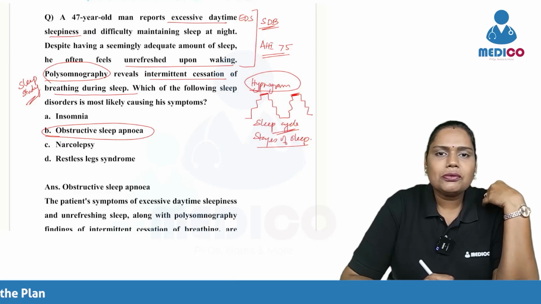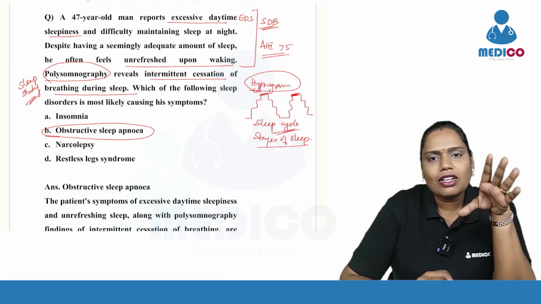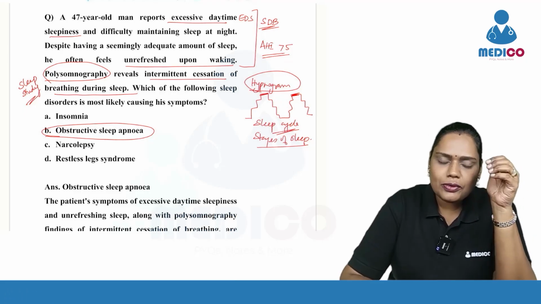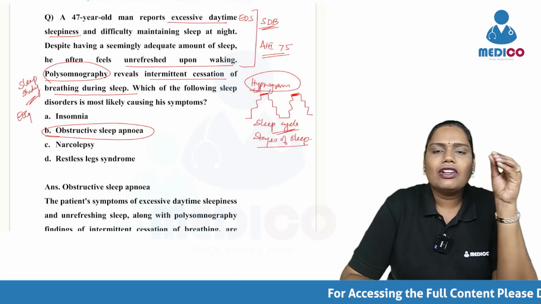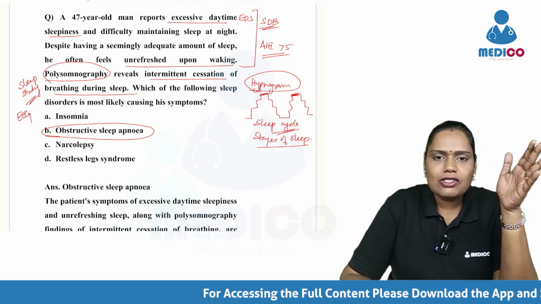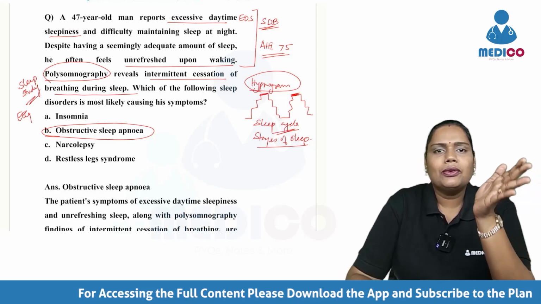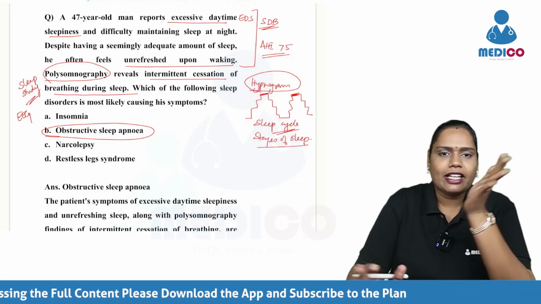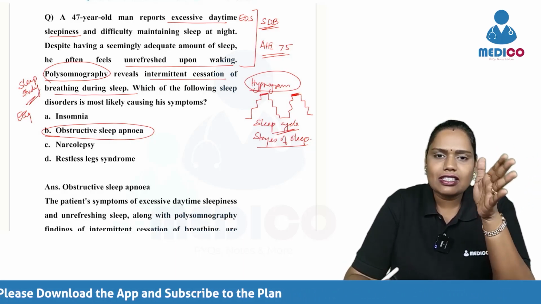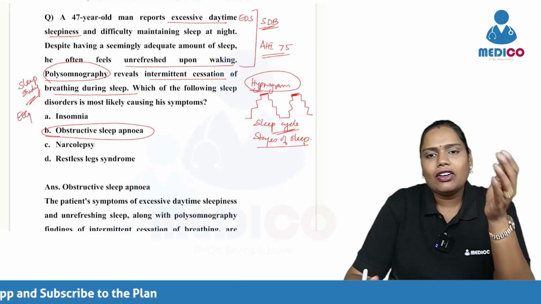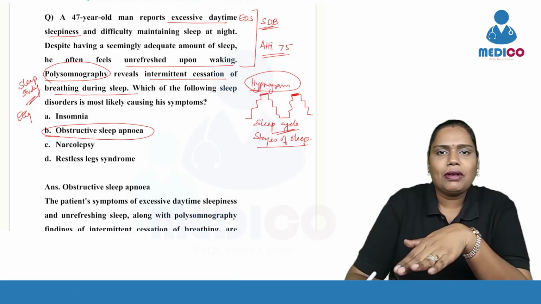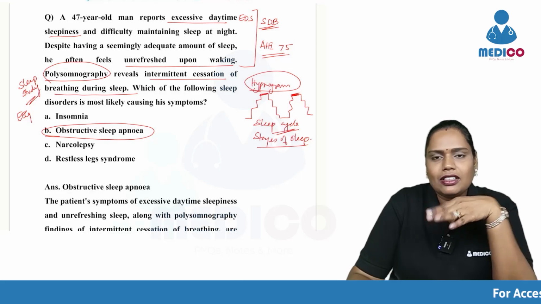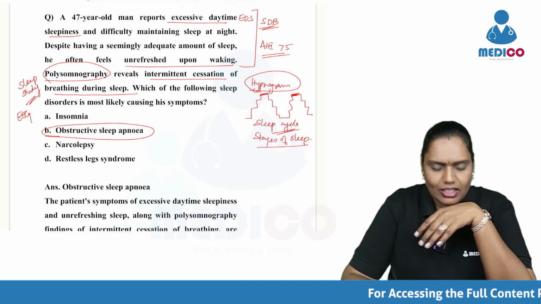Then what is a polysomnography? Polysomnography is also called a sleep study. In polysomnography, along with the EEG, various other physiological parameters will also be recorded simultaneously over the entire night. And if they suspect obstructive sleep apnea, or if they have diagnosed obstructive sleep apnea in polysomnography, they will even do a CPAP titration in the same polysomnography setup. So that is called a sleep study.